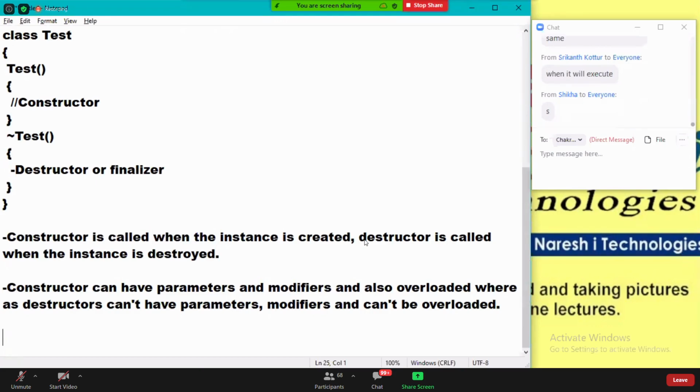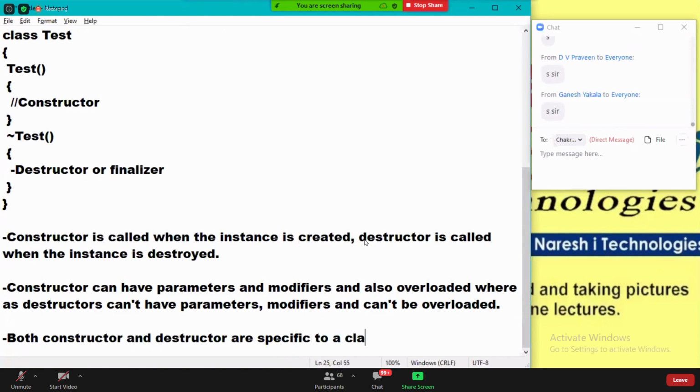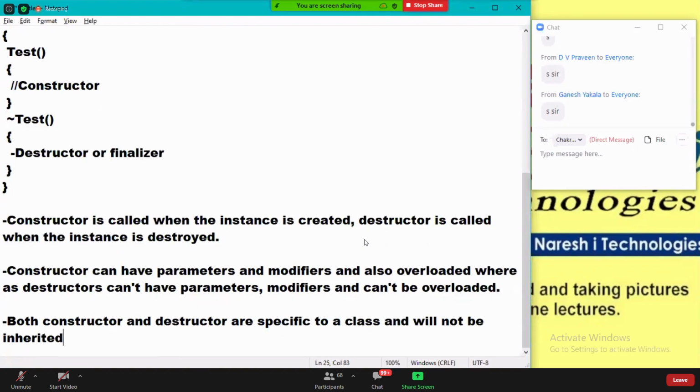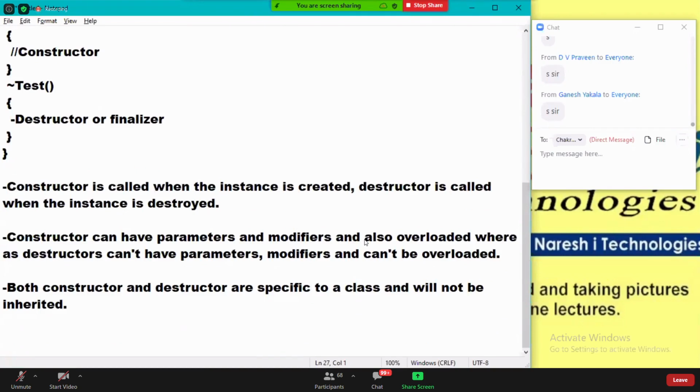Both are specific to a class and will not be inherited. In constructors, I explained that constructors are specific to a class and are not inherited. Now I'm telling you, destructors are the same.